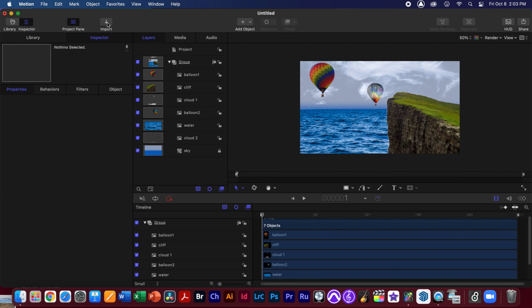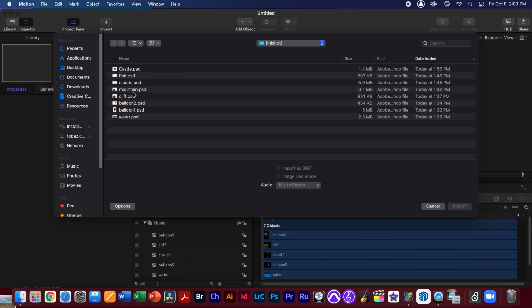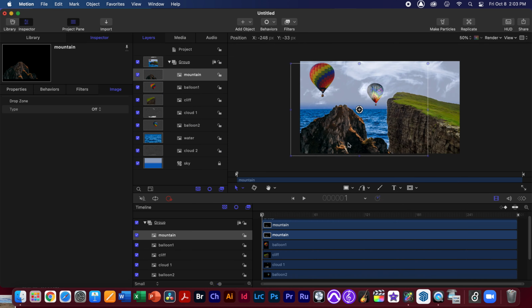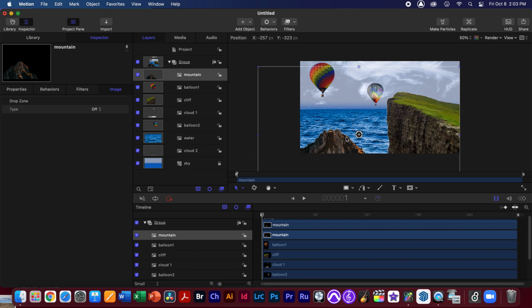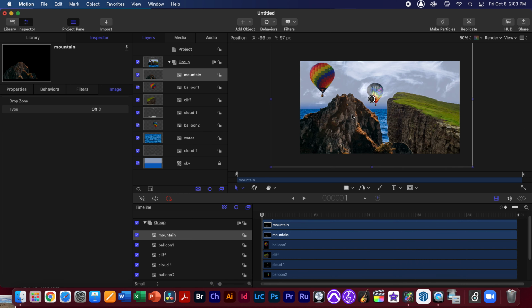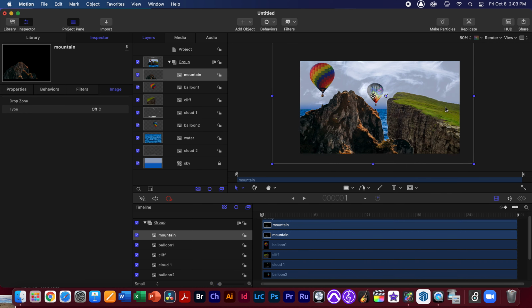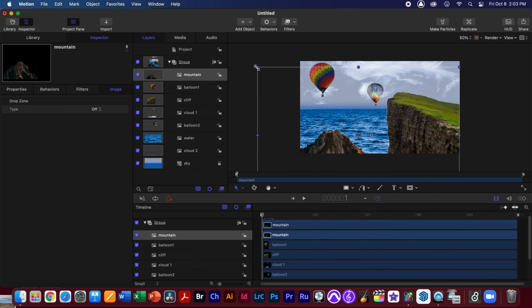Let's go ahead and import our mountain layer. So go ahead and hit import. And you can kind of see this could be a great foreground element, right? Make it really big, would be really nice. It does take up a lot of space, or we could actually use it out in the water. I'm going to undo a couple times and make this smaller, holding the Shift key down. And we're just going to actually put that out in the water, way out there, like far away, maybe over